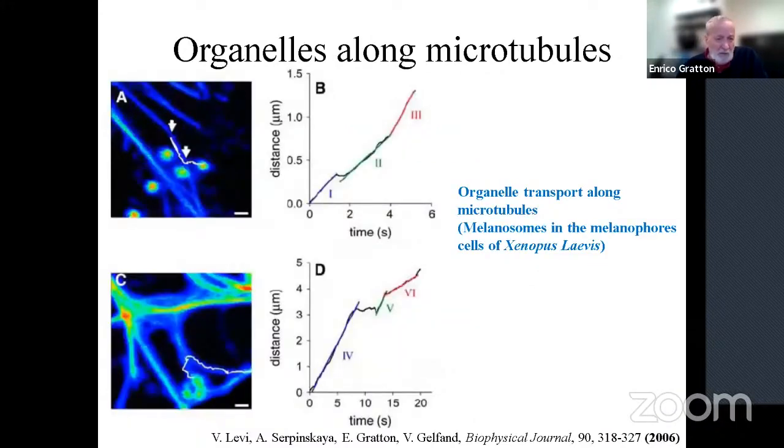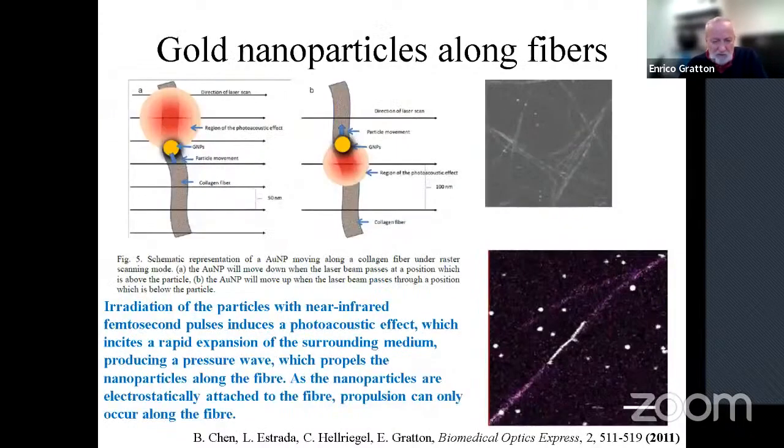So, for example, we have here 2 particles, and those are organelles among the microtubules. You can see that one particle can go from one region to the other. We study those things, and we see that, for example, one particle can have a very complicated orbit, but still we can separate one from the other because the track in one part of the orbit, and then the other part of the orbit, when it is fixed in one position, changes completely. So the distance in time changes very dramatically. So let's go to the next slide.